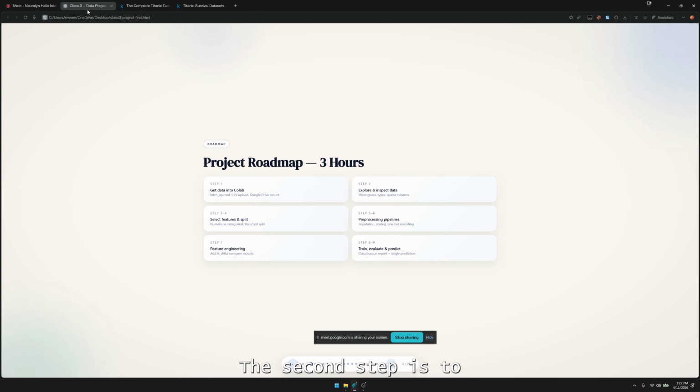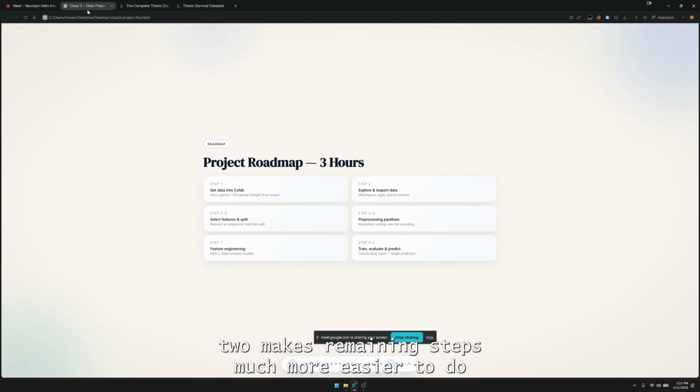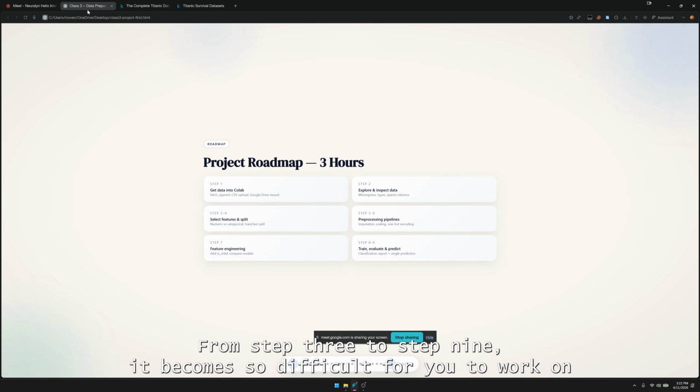The second step is to explore and inspect what you are working with. You have to take a good amount of time to understand your data. I think you have to spend a lot of time in it, because the more valuable time you spend in step 2 makes the remaining steps much easier to do. If you rush in step 2, from step 3 to step 9, it becomes so difficult for you to work on,